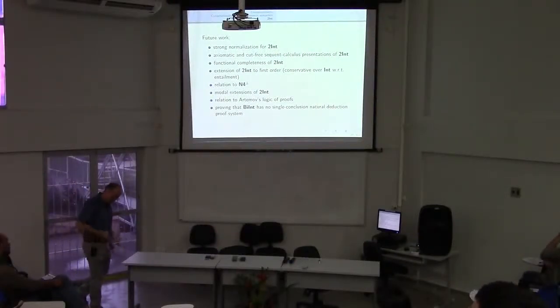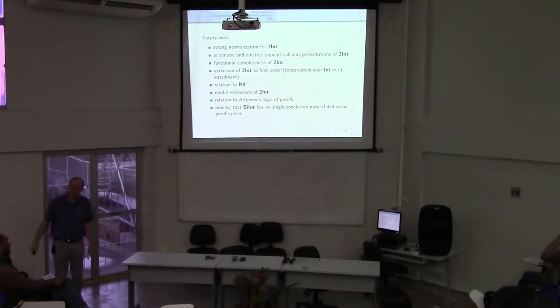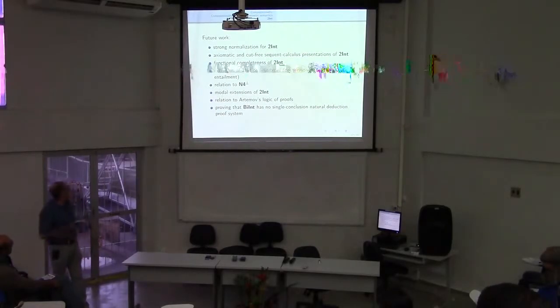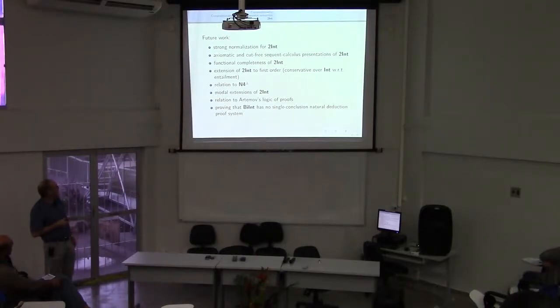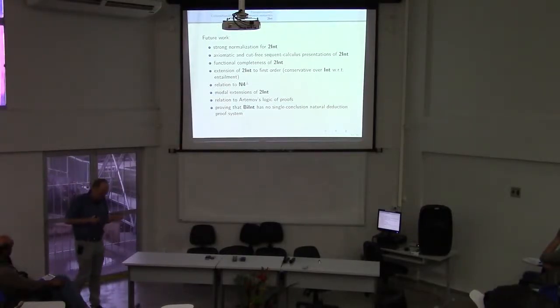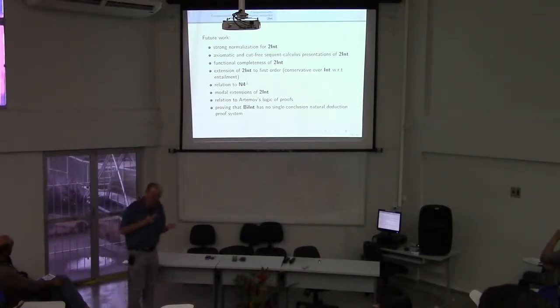Proof-theoretic proofs of functional completeness for two-intersynistic logic and for bi-intersynistic logic, to better understand the difference between the two systems. Another obvious item on the agenda is extensions of two-intersynistic logic to first-order logic. And this is interesting. The co-implication of bi-intersynistic logic